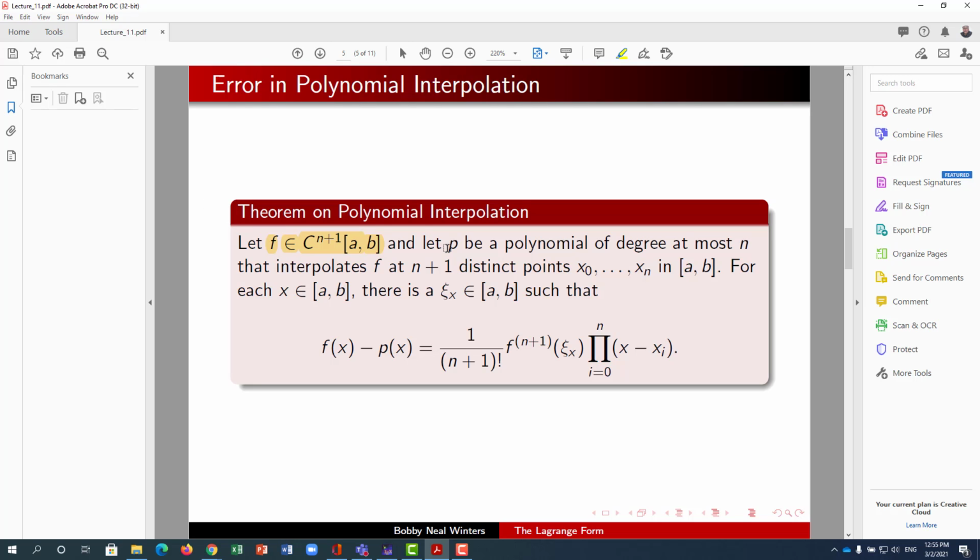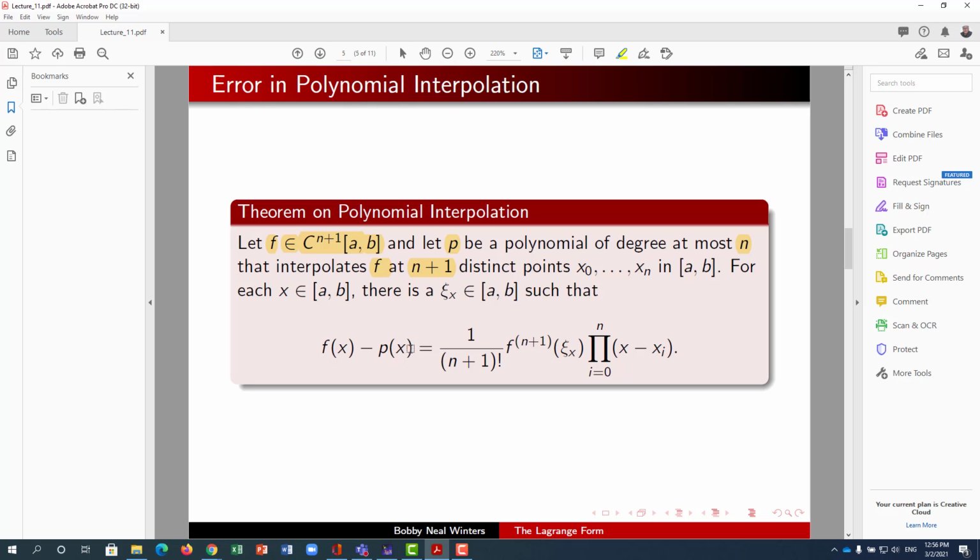And here we have p, our polynomial of degree at most n, that's going to interpolate f at n+1 distinct points. So for every x in this interval [a, b], there is a c sub x element of [a, b] such that